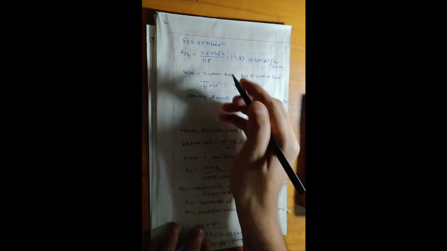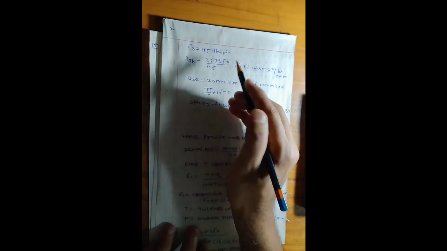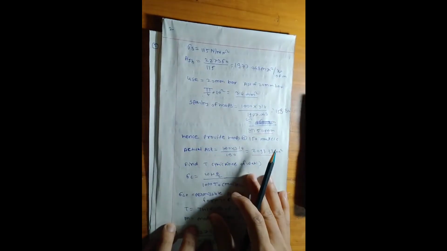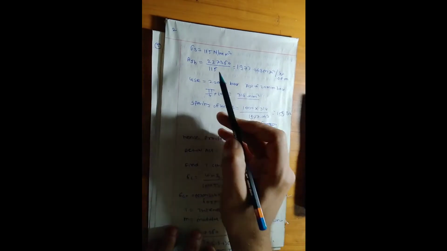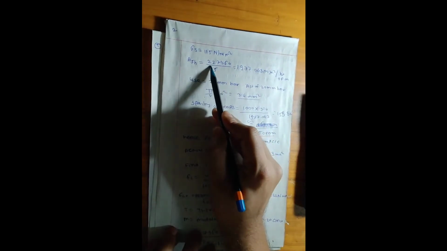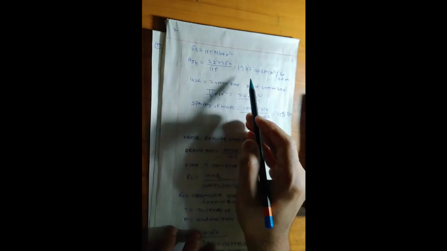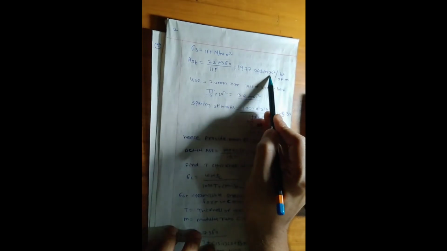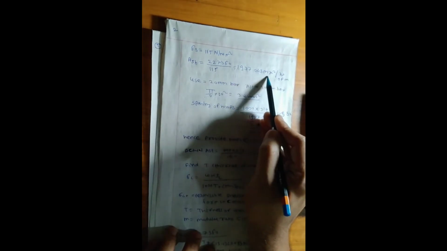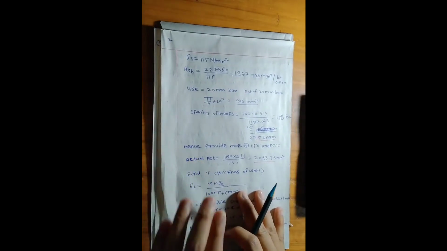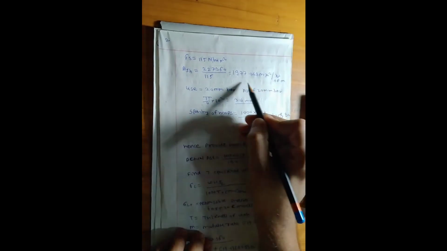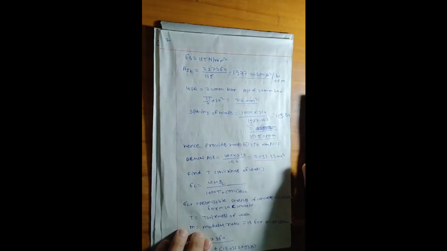Now sigma s is equal to the permissible stress in steel. This is 115 Newton per mm square. This will be constant; this value we get from the IS code. Now AST is equal to hoop tension divided by sigma s. We get 1977.043 mm square per meter of height.